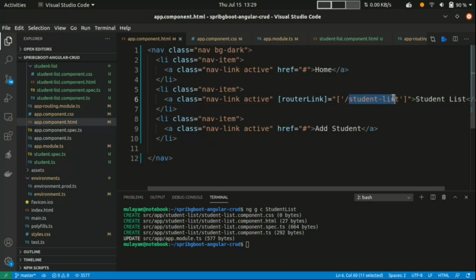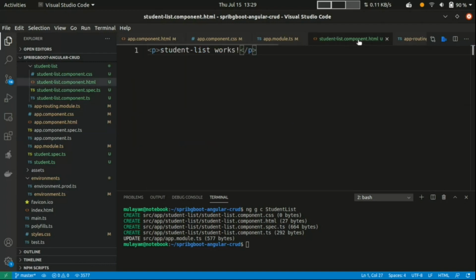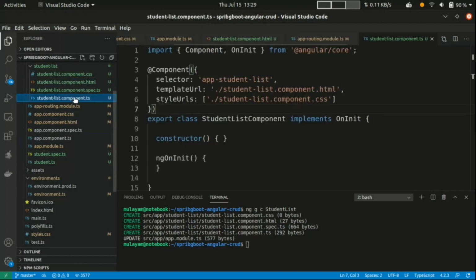The component for this path that I have specified is the student list component. It means the template student-list.html will be loaded. But when I click, nothing is happening, only the URL is changing now.